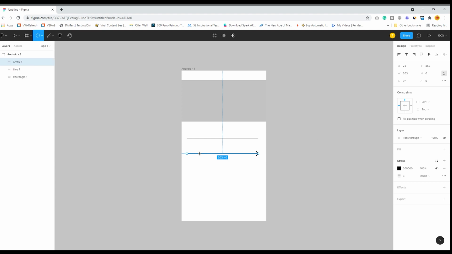Then you have the ellipse tool. By default it is an ellipse. Also if you press shift, you have the circle.